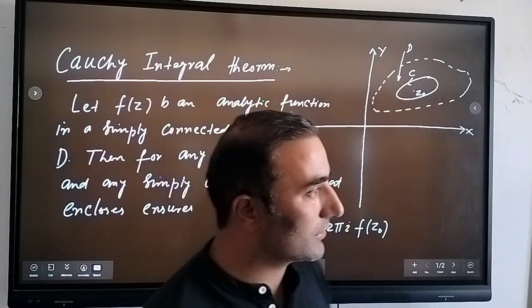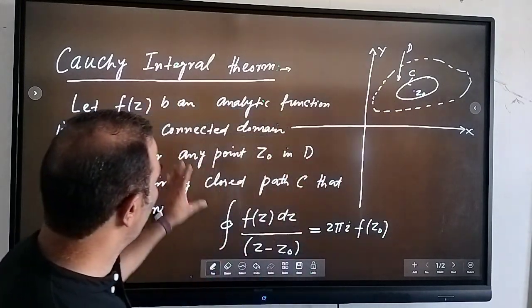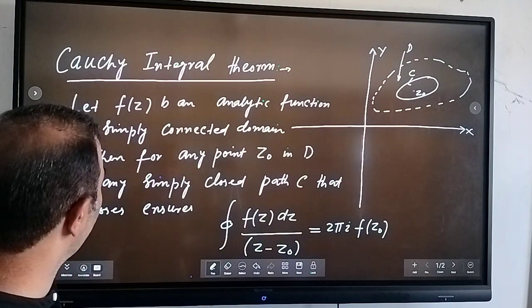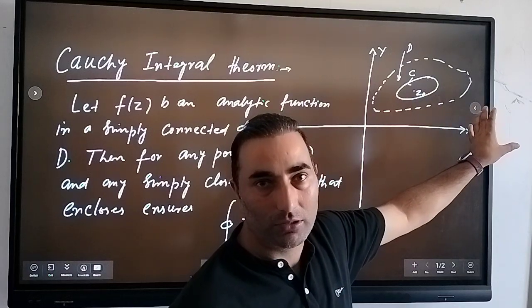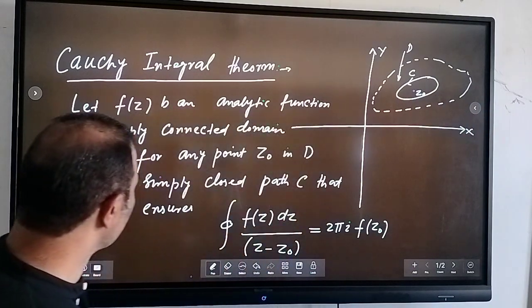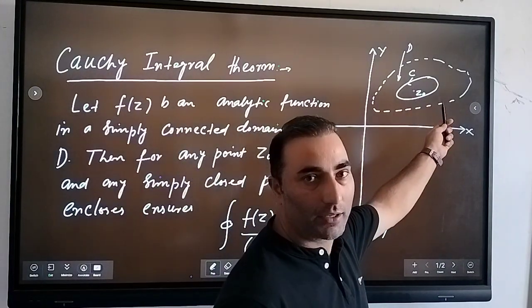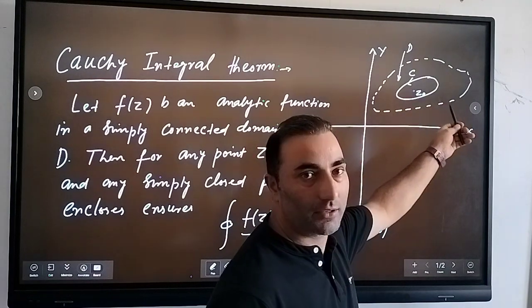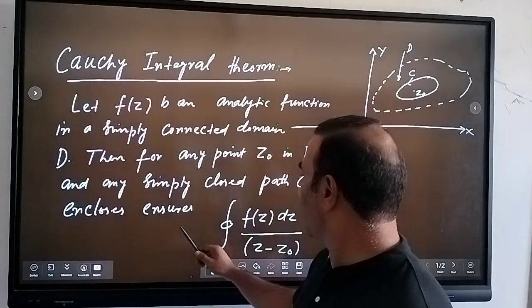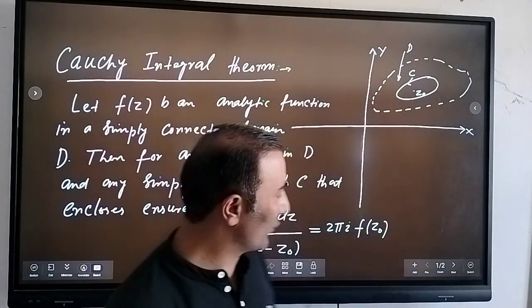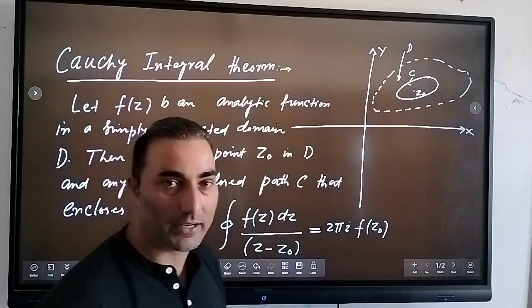It says that if we have some domain, some set of points in our complex plane, then our function will be analytic in a simply connected domain, which means our function is differentiable within the given domain. If we consider any point z0 here, which is enclosed by this loop C, then for this point z0 in B and for a simply closed path that encloses it, if you calculate the integral of f of z dz divided by z minus z naught,